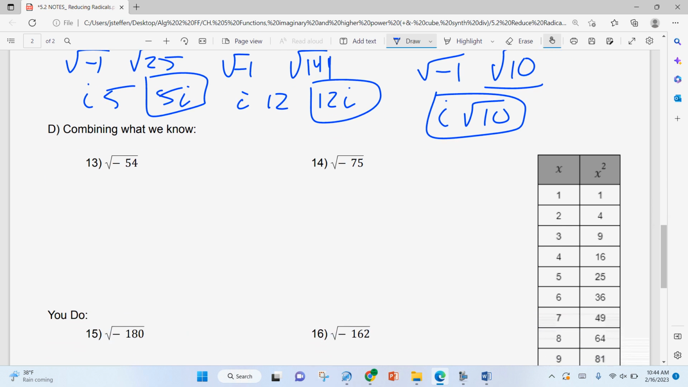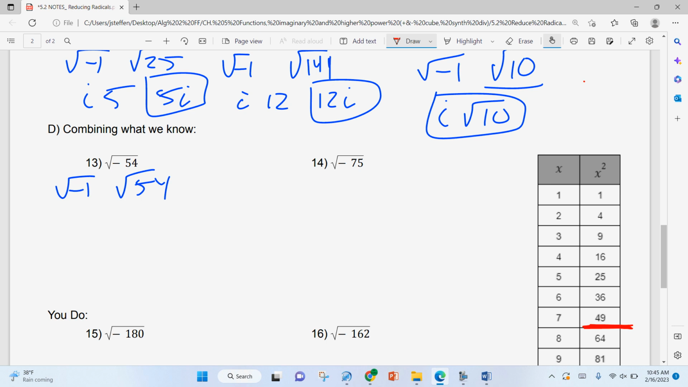So number 13, we do it the same way as before. We reduce it to negative 1 and 54. And if you want to skip that, we'll talk about that in a second. That I can do. 54 is over here between 49 and 64. So we have